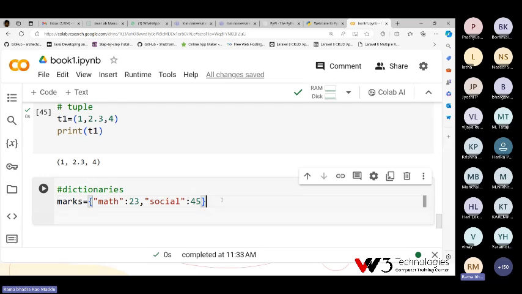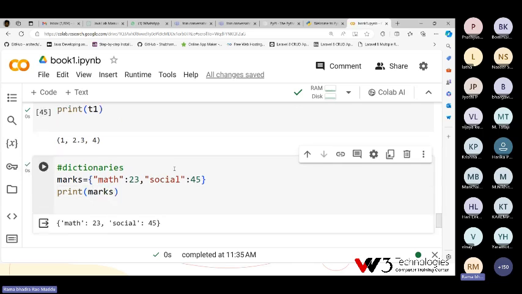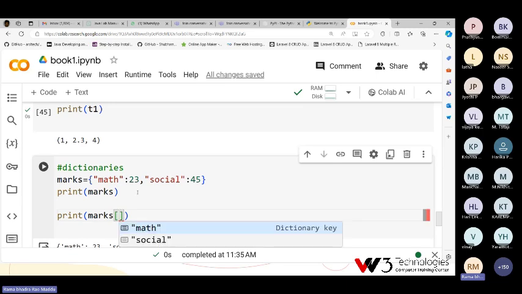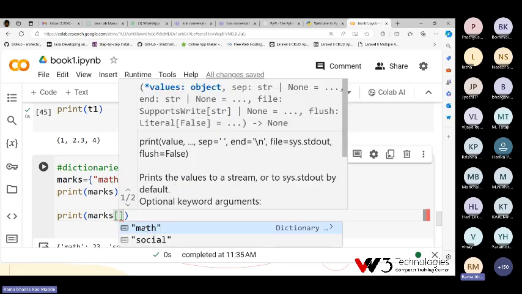So I have two values. How to access them? If I use print of marks, it will print the entire dictionary. If I want to print only a specific thing of marks, an index is not available here. Either I can use math or social.